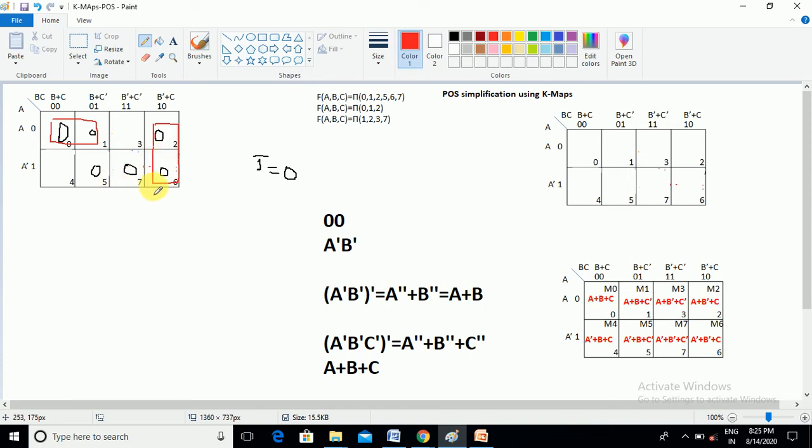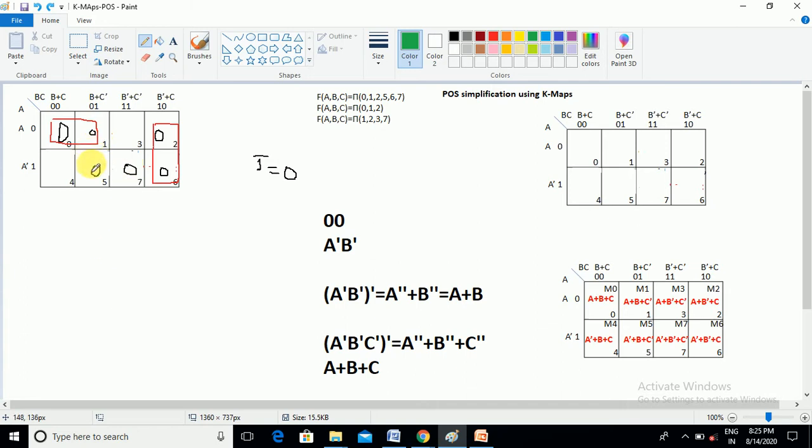Then after that, 5 and 7. Looking at 5 and 7, you may think that 5, 7, 6 can be mapped. Is it a right mapping? We should not do it, because it is a 3 cell grouping, never recommended in the K-map. K-map grouping should always be a power of 2. 2 to the power of 0 is 1, a 1 cell group. 2 to the power of 1 is a 2 cell grouping, and the next one is a 4 cell grouping, then an 8 cell grouping. So these are the numbers of cells we need to group. But here there are 3 cells. Maybe they are adjacent to each other, but the count is 3, so we should not do it.